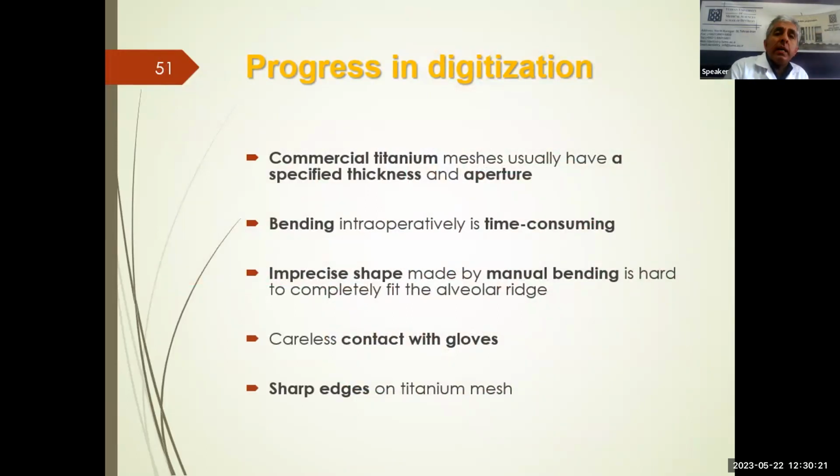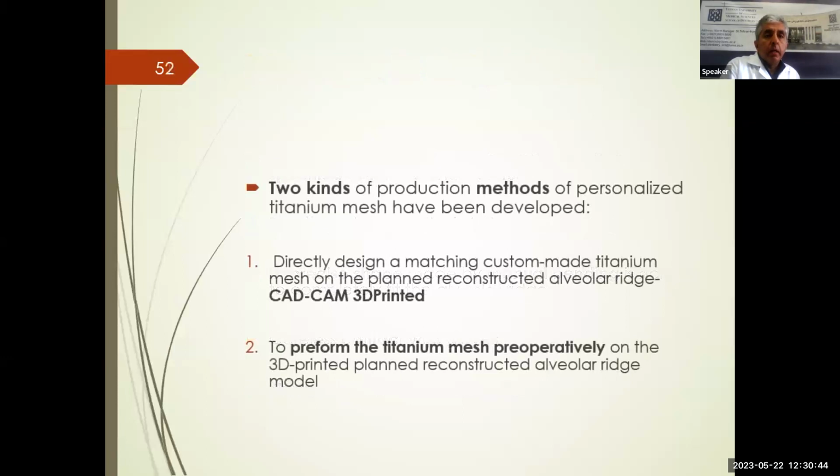These are the disadvantages of the commercial titanium mesh, such as difficulty in bending at operating time, imprecise shape from manual bending and contact by gloves, and sharp edges which may be encountered at operation time. There are two kinds of procedure to make a personalized titanium mesh for a patient. We can design the exact pattern of the titanium mesh and produce a final product by 3D printing, or perform the titanium mesh preoperatively on the alveolar analog which was printed from information extracted from CBCT, CT, and oral scanning,